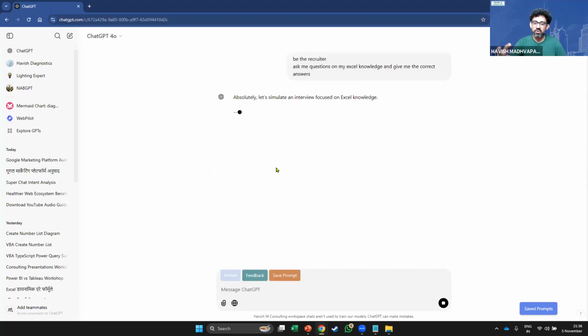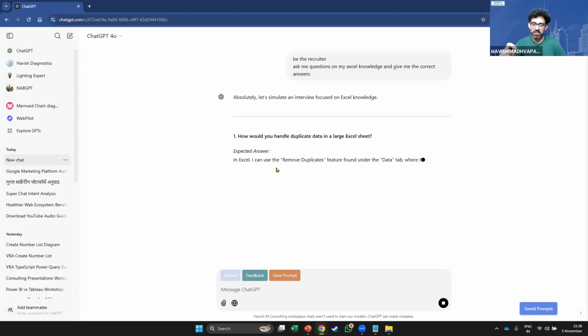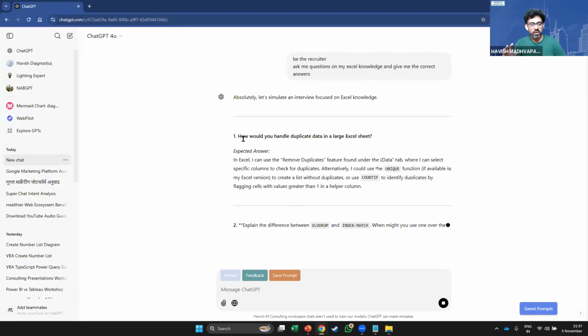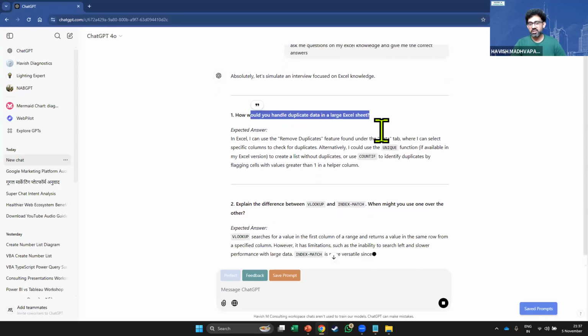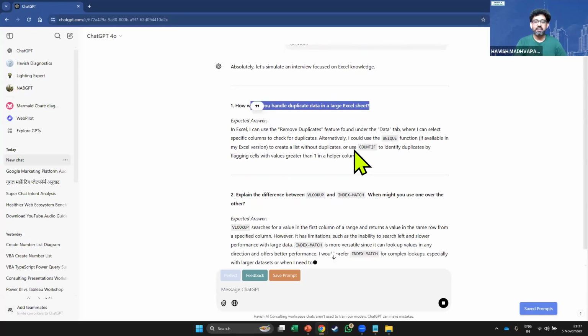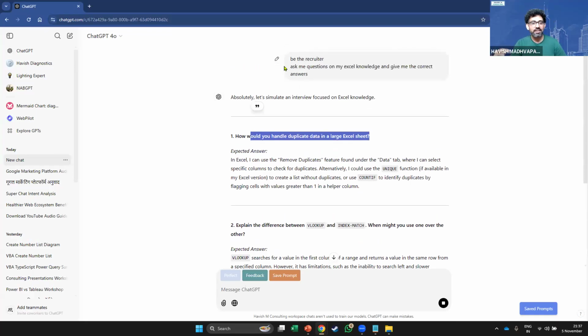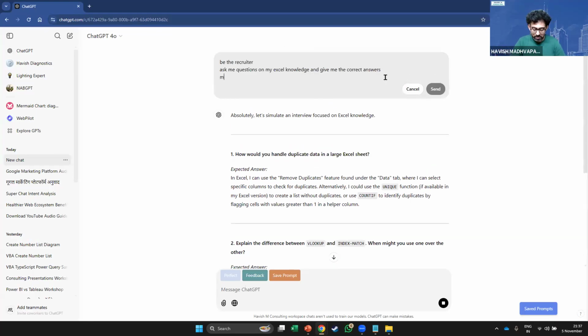So basically, you don't even have to do that to and fro. You literally ask it, help me prepare. So it will ask you, how do you handle duplicate data in a large Excel sheet? The expected answer would be something like this. Now you can also tell it that make sure that the answer always uses a real company name and different functions.